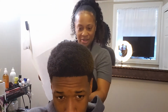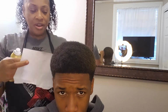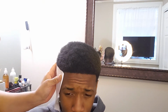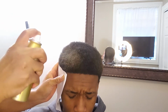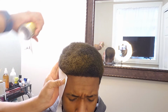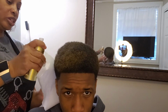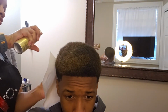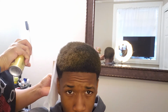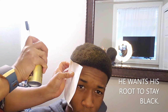And to be honest with you, I would rather that he did his hair this way, you know, instead of doing it so permanently, because he can switch it up as much as he likes with different colors, and it's not damaging to the hair. This is something you can wash out. And so if this is something that your son thinks he may want to try,